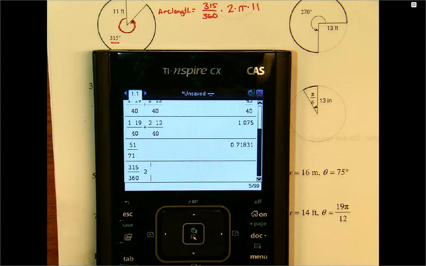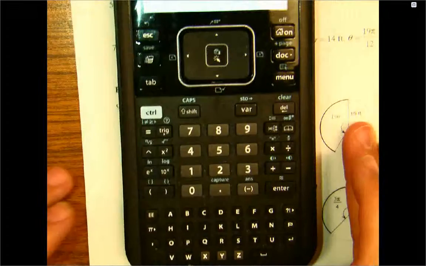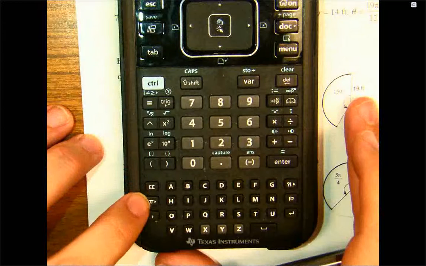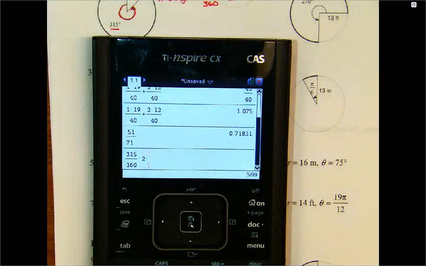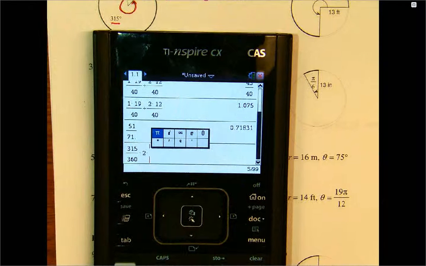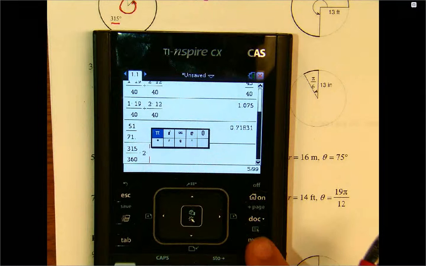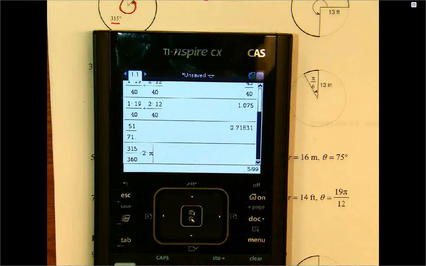Now pi on your calculators is down here. There's a button down here. If you hit that button, it's right near the H button. It brings up a bunch of different symbols, and you want pi, so you just hit enter, and then times